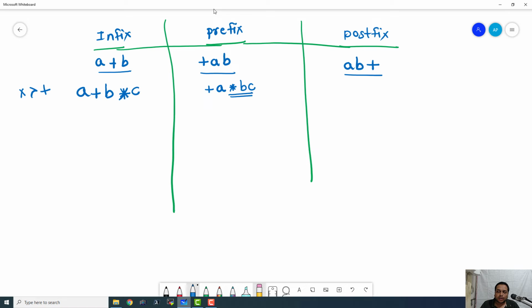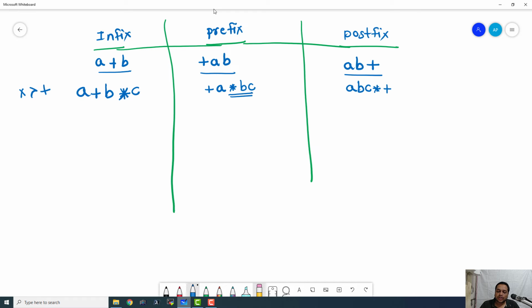Now the postfix is also going to be very easy. So this is B multiplied by C and it is added with A. So this is how we can compute the prefix and postfix for a term with multiple operators and multiple operands, more than two operands, and both the operators are different and they have the concept of precedence. Okay, if they are different, then there must be some precedence that we need to have. So now we know about the precedence stuff, right?